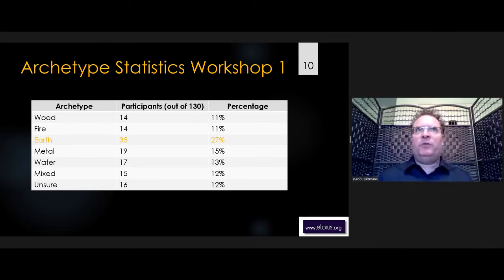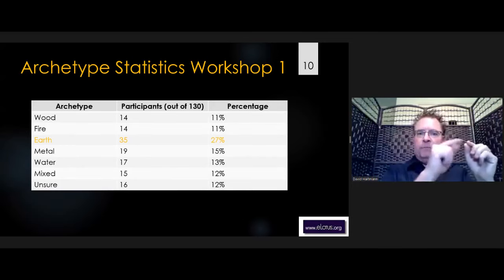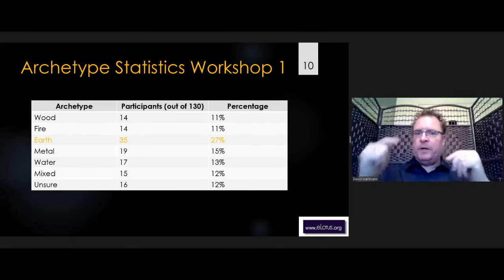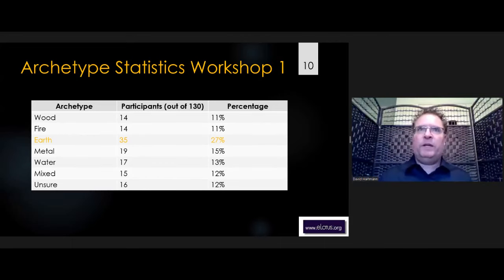And then in workshop 7, so the next one next week, I will be doing some tables that map out all of the workshops through from 1 to 7 and the participant numbers and the percentages so that we get an overview of all of them. And we'll look at the mixed and unsure in the next workshop as well, for those of you that still think you're in that slot.